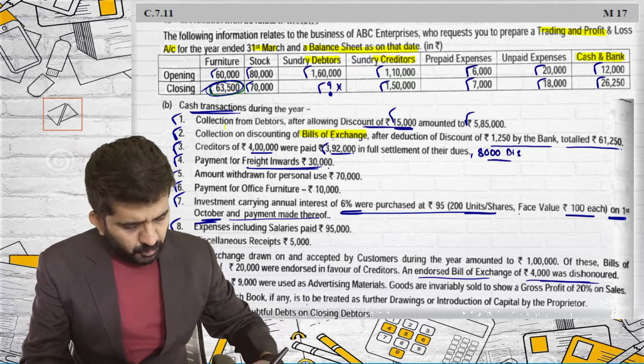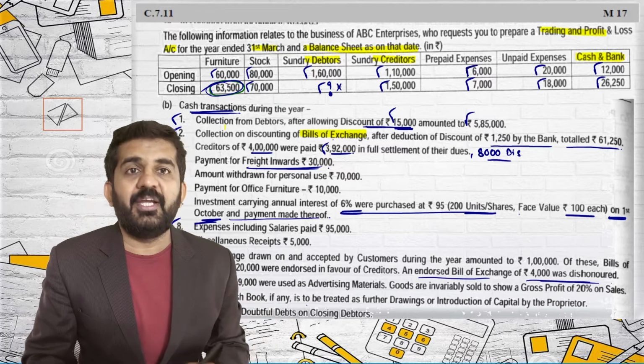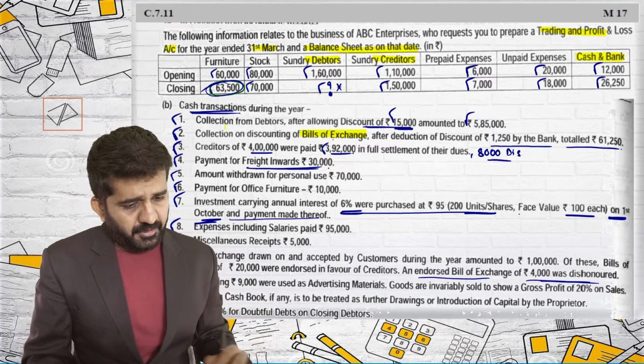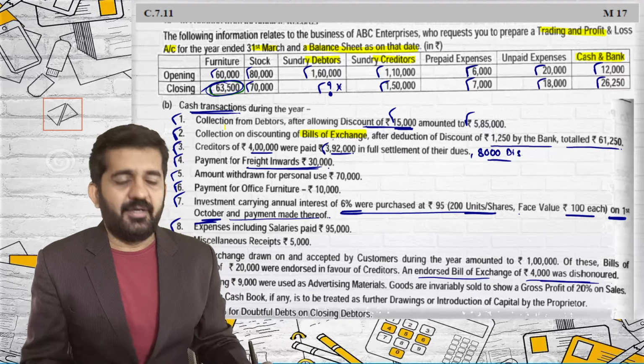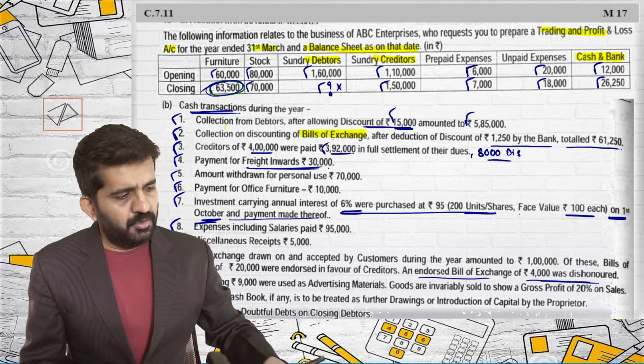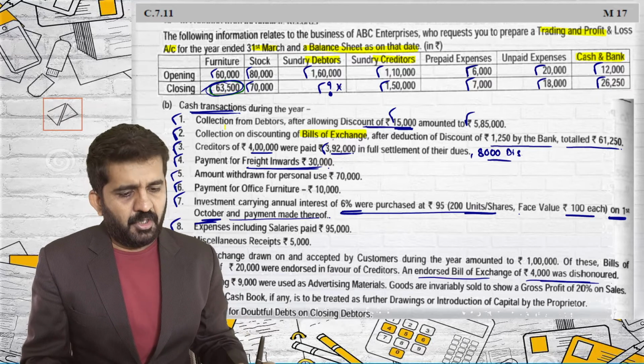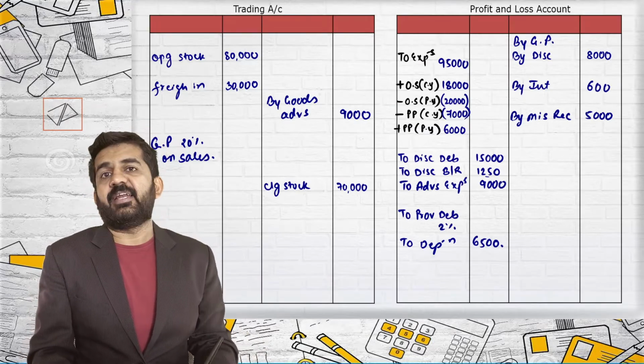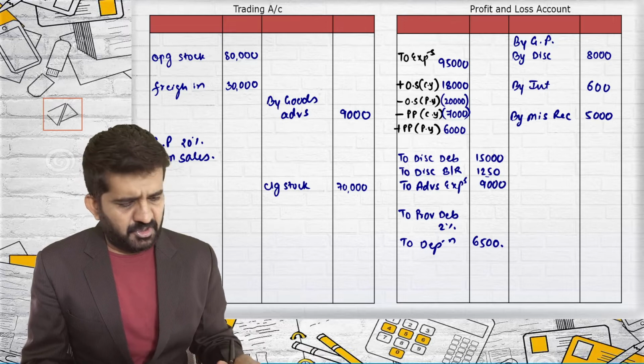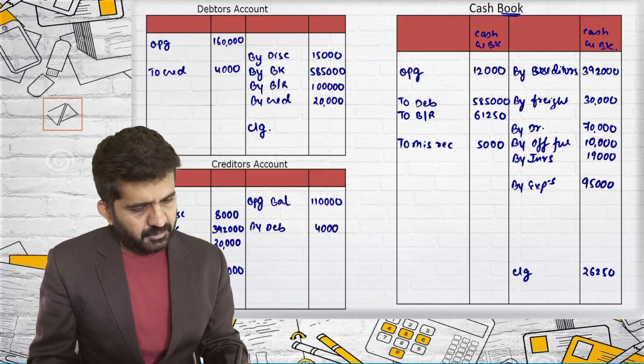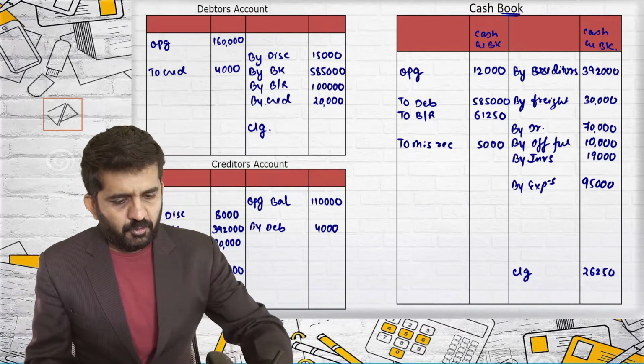I have taken into consideration each and every point except the 2% provision for debtors, will be finding it out. I don't think we require the question now. We'll be just concentrating on tallying our accounts. Never tally the GP account first, it is not advisable. Let us try out the debtors account.